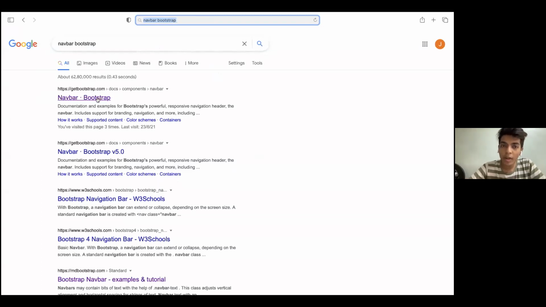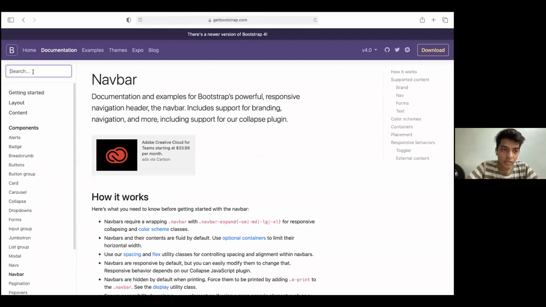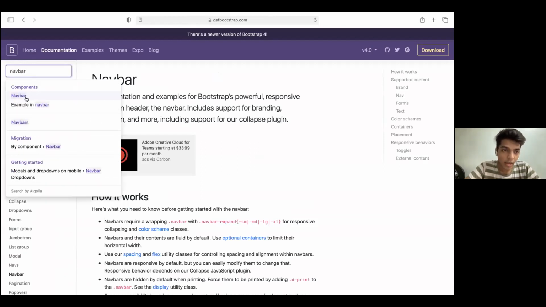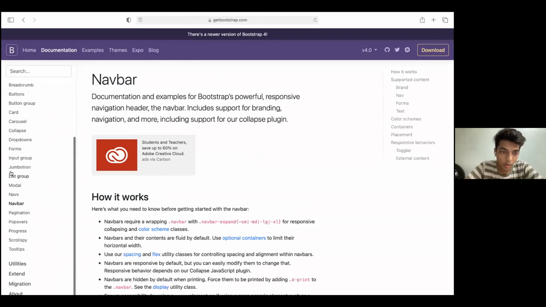So this is the bootstrap library component that is provided to us. We click it in and the first part appears, that is navbar. If not, then search navbar and there is the navbar and you get here. So, or you can just scroll it down and navbar is after navs, which is after model.